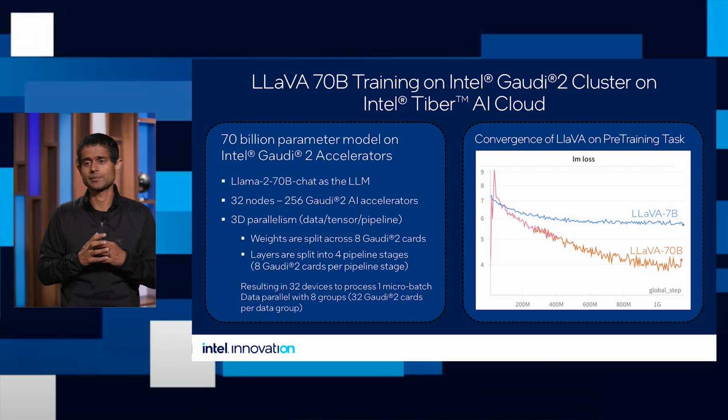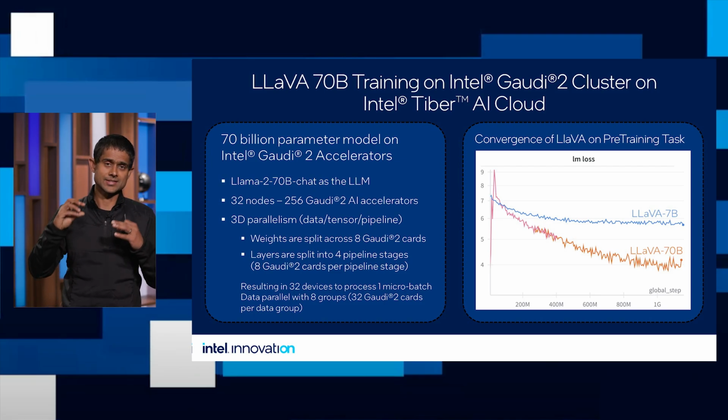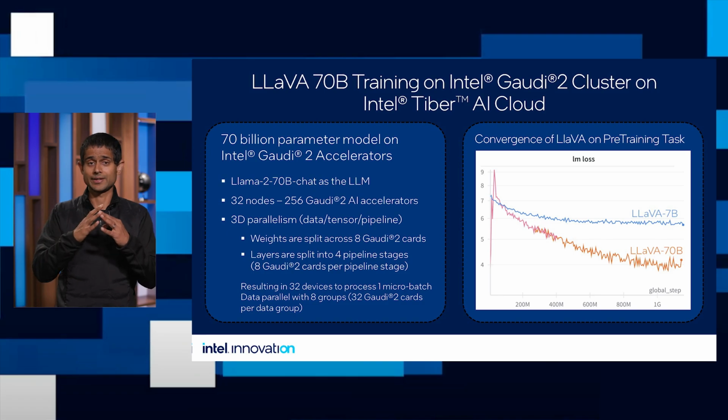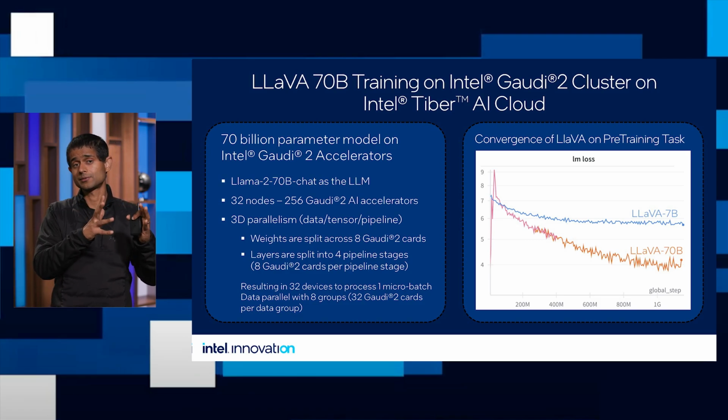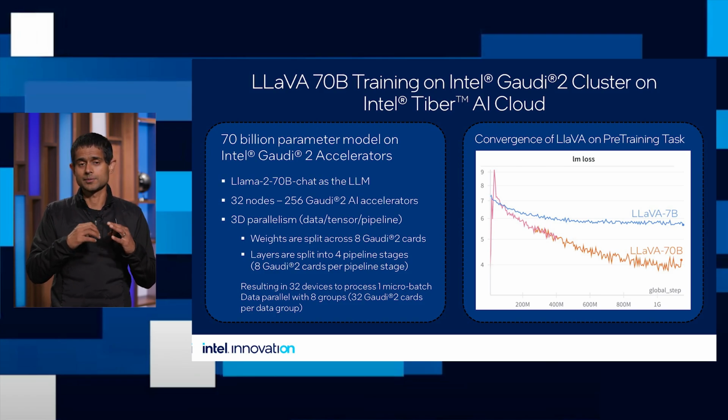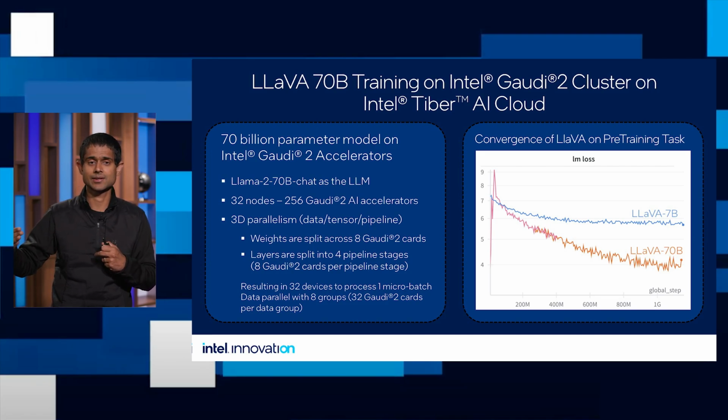Now at 70 billion parameters, the model will not fit a single Gaudi 2 AI accelerator card. So for doing this training, we make use of full 3D parallelism. So we split the weights of the model across different Gaudi 2 cards. We split the layers of the model also across different Gaudi 2 cards. And we also split the training examples across different Gaudi cards. So these 3 degrees of parallelism, which are called tensor parallelism, pipeline parallelism, and data parallelism, are necessary to train